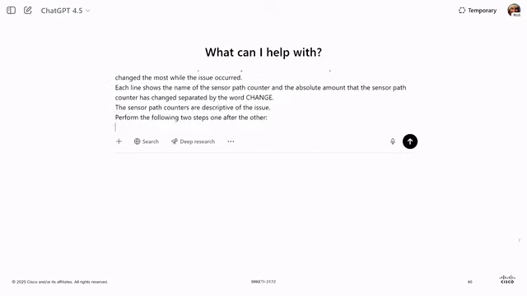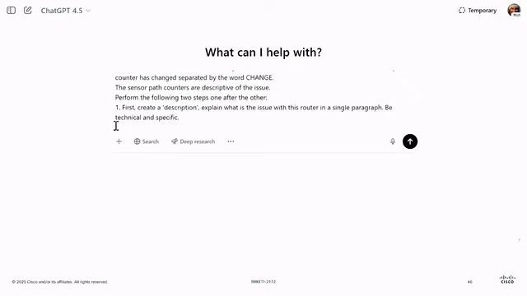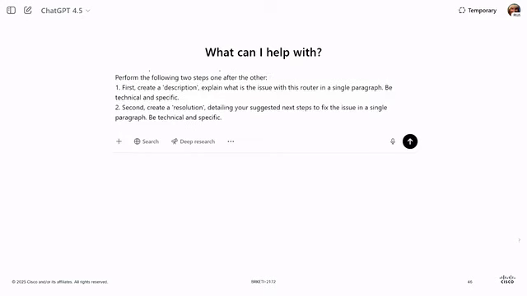And then we're asking it again to do exactly what we were asking for the log file. First, describe what the issue is. Come up with a description. Be technical and specific, single paragraph, please. So don't re-explain BFD to me, for instance. And then come up with a resolution description suggesting steps to fix the issue.